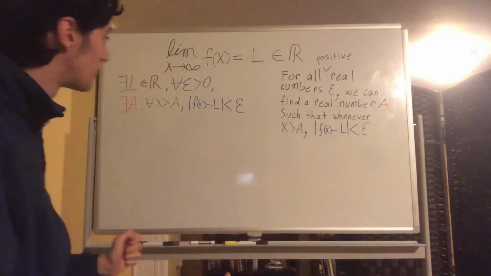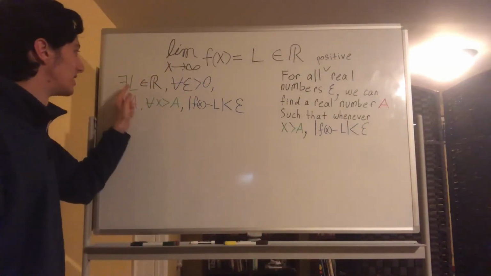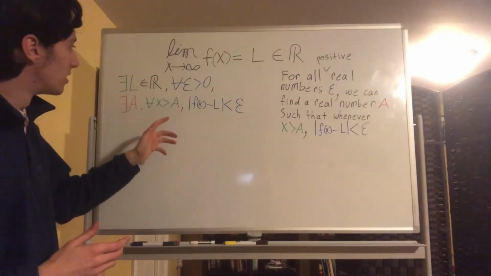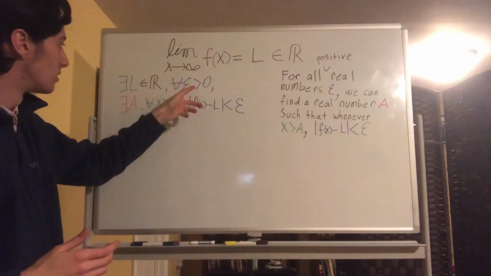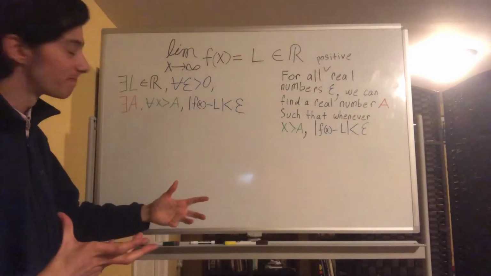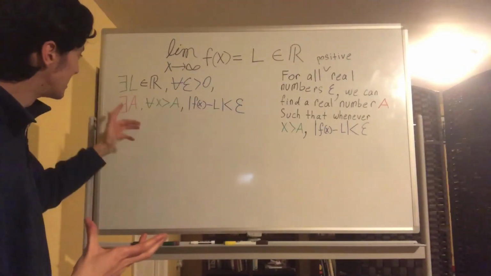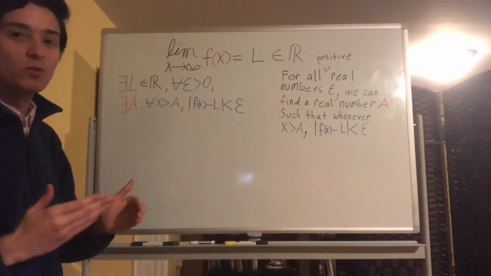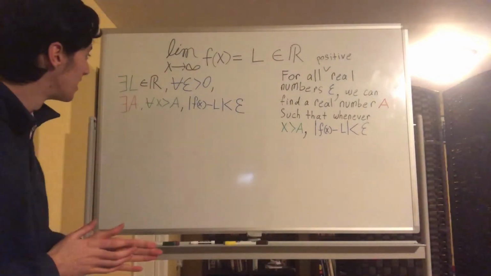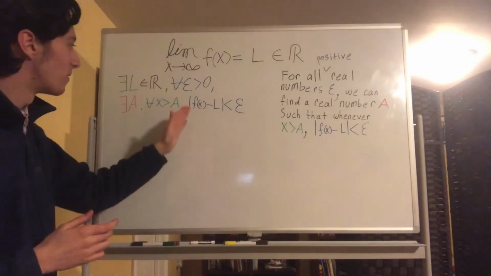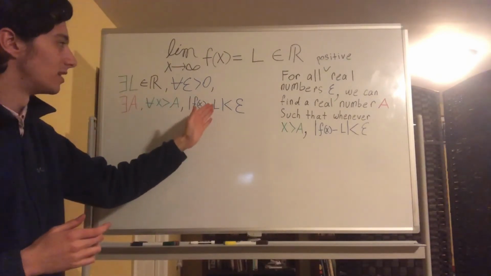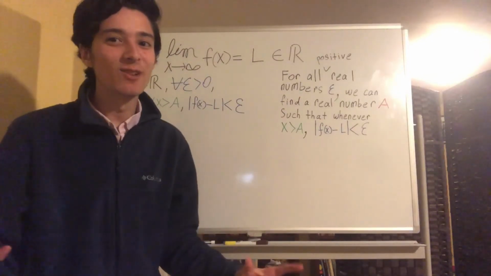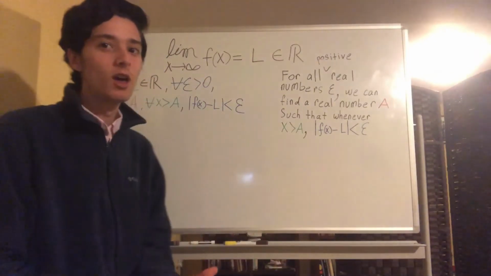And we can see with quantifiers, there exists an L in the reals, a real number L, such that for all positive epsilon, epsilon is also a real number, there exists an a, such that for all x greater than a, whenever x is greater than a, the absolute value of f of x minus L is less than epsilon. And again, if you're looking at this and you're like, this is a bunch of words, we can think about